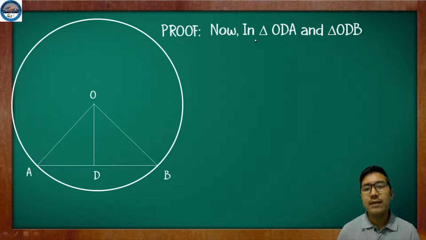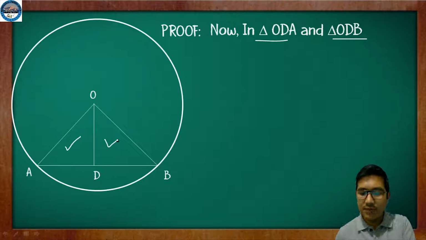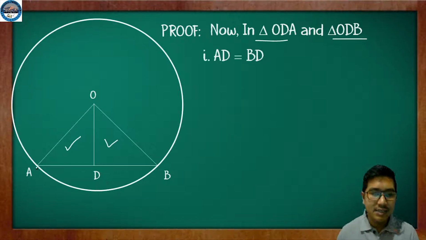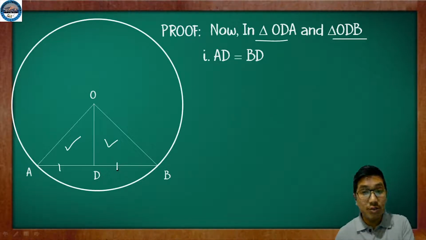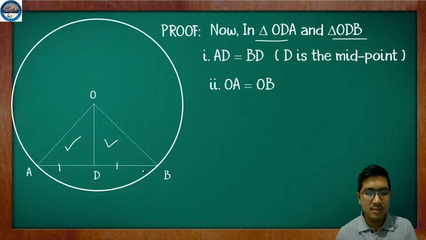Now in triangle ODA and ODB, triangle ODA is this triangle here and ODB is this triangle here. The first thing that we see is that AD is equal to DB. So this length here AD will be equal to DB. Why? Because it is already given that D is the midpoint, so AD will be equal to DB. Next is